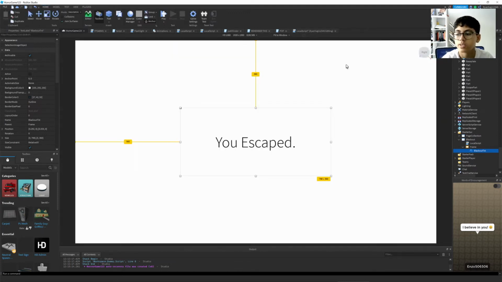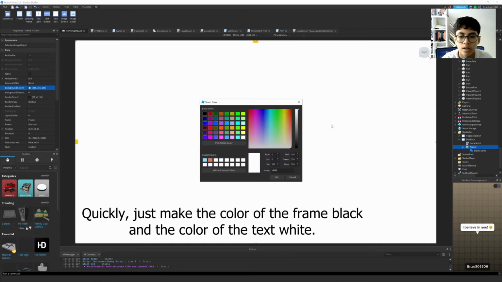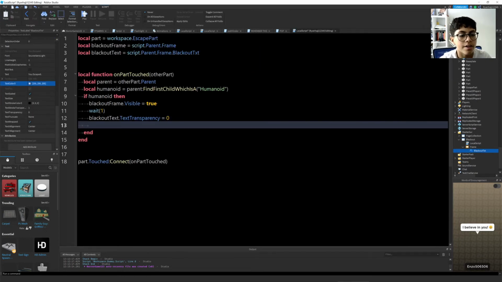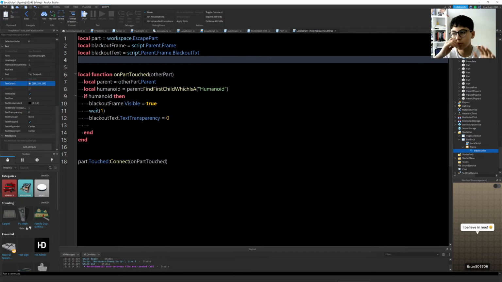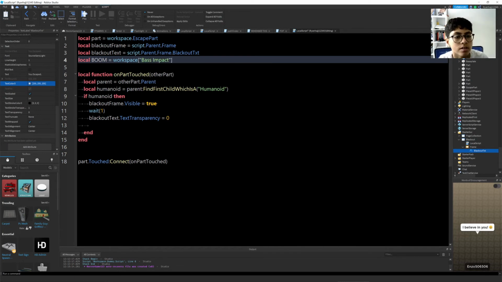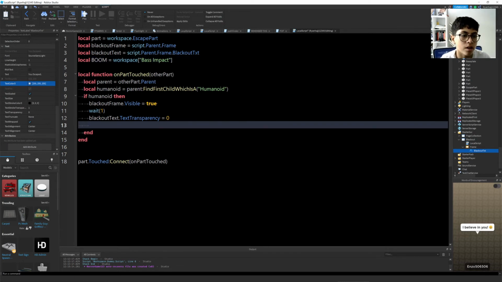Yes. And I'll quickly just put this frame and then change the text color. And now we want to add a little, this is going to be quite cool actually. Do local boom is equal to workspace dot base impact. And pretty much what this is going to do is when we touch the part, it's going to make a